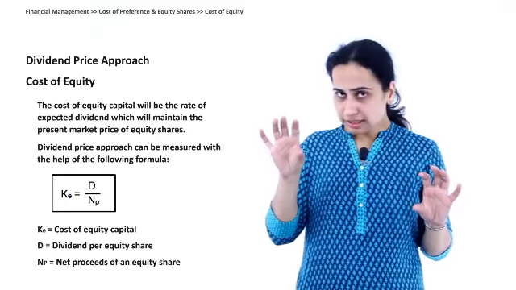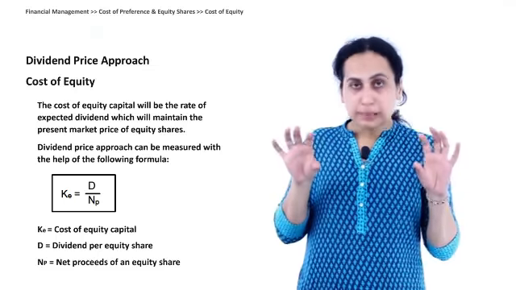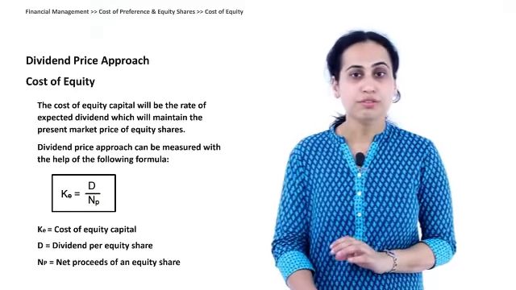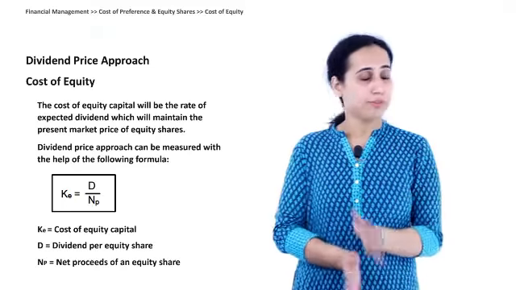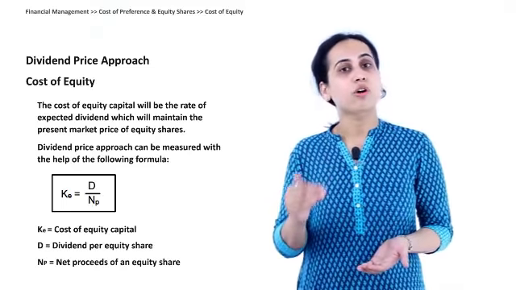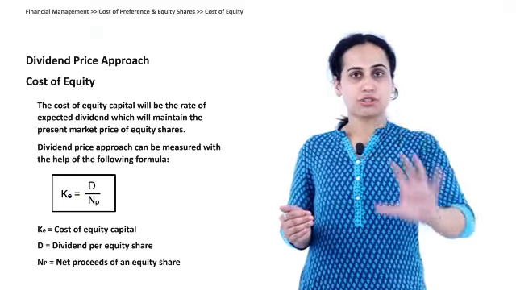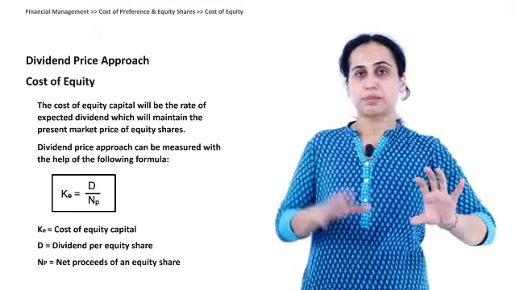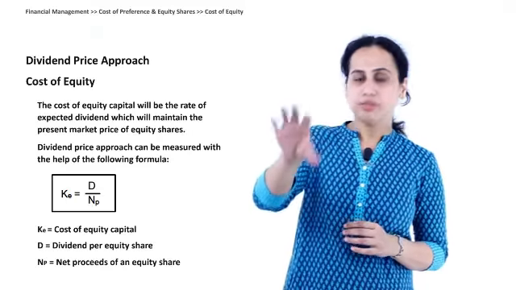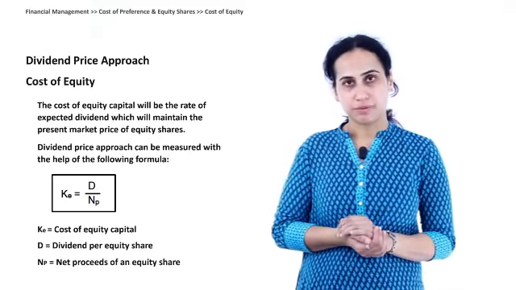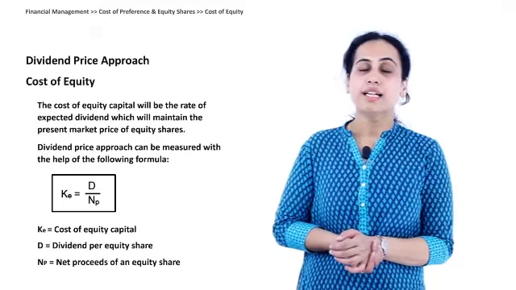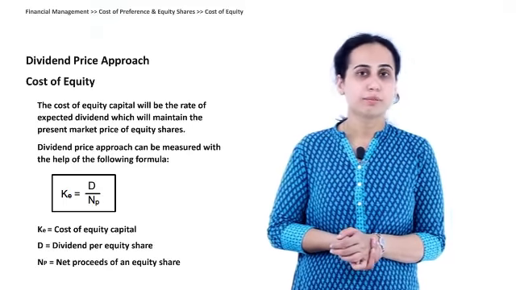Net proceeds to be used in case of new issue, market price to be used in case of existing issues. Now, keeping these concepts in mind, let us do a small illustration. I'm not teaching you any new formula, we're not discussing any new formulas. We are just substituting according to the concept we are studying. Debentures, interest divided by principal. Preference, dividend divided by principal. Now, coming to equity, dividend divided by net proceeds or market price. If you have a confusion how net proceeds or market price are used, let us do a small illustration to make it more clear.